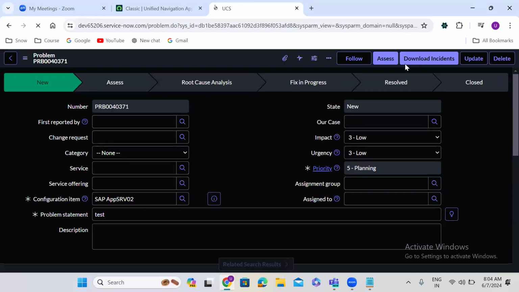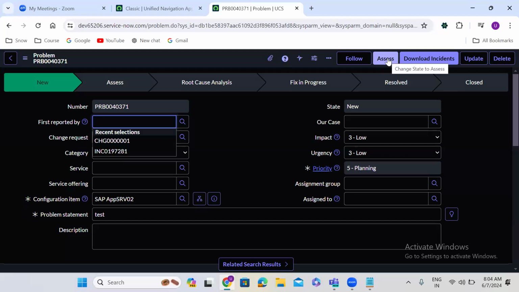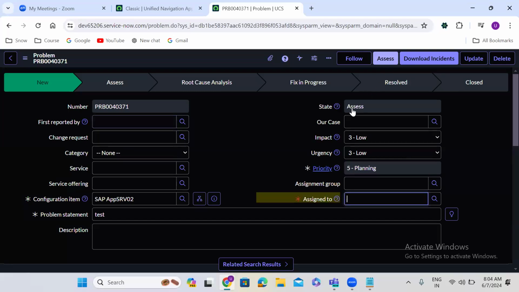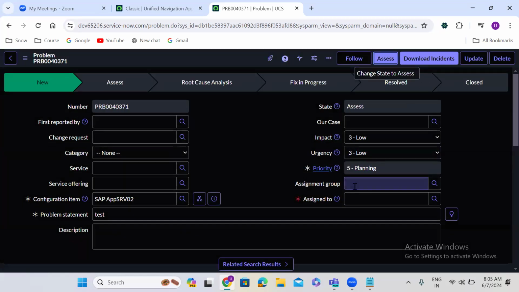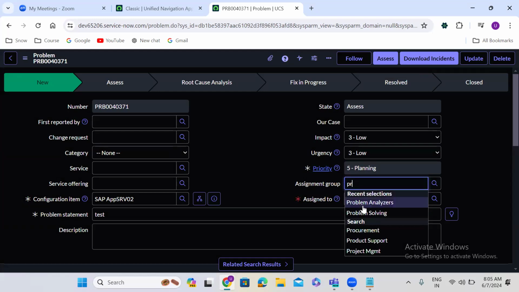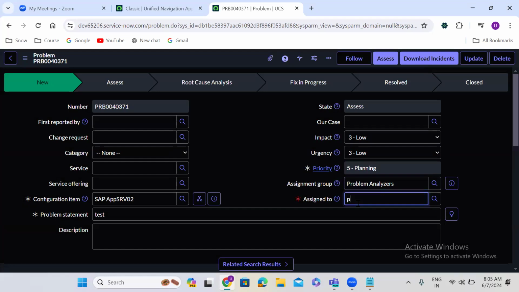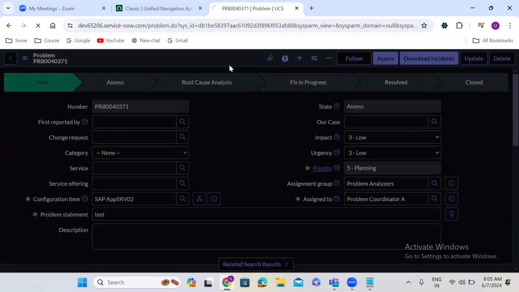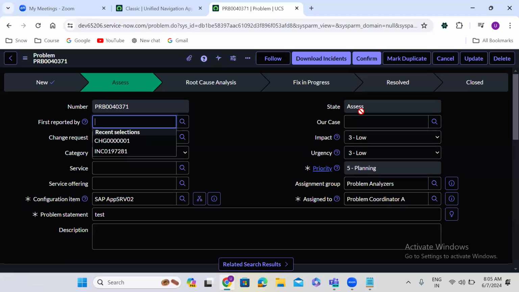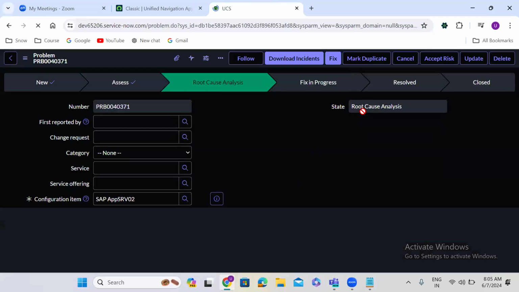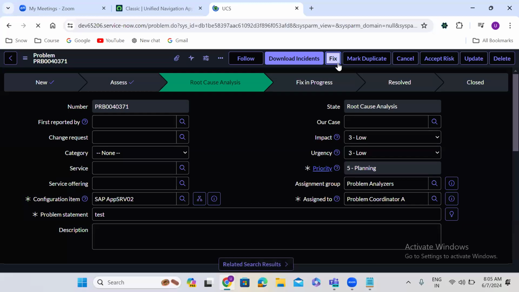So now it is in the new state. Once you click on this button, which is a UI action, it will automatically go to the next state. Once you click on confirm, the state is getting changed here. So once you click on fix in progress,